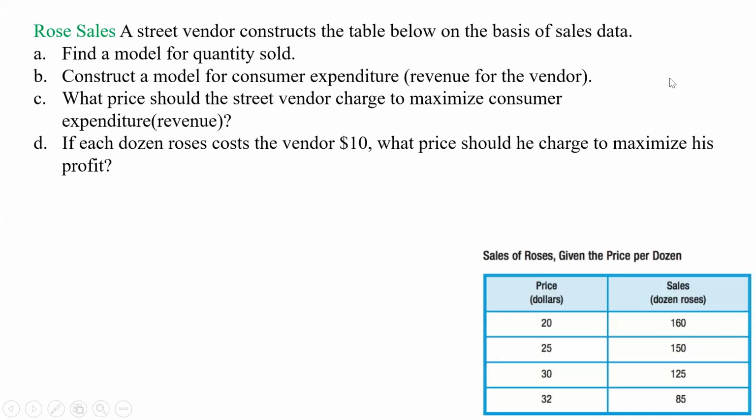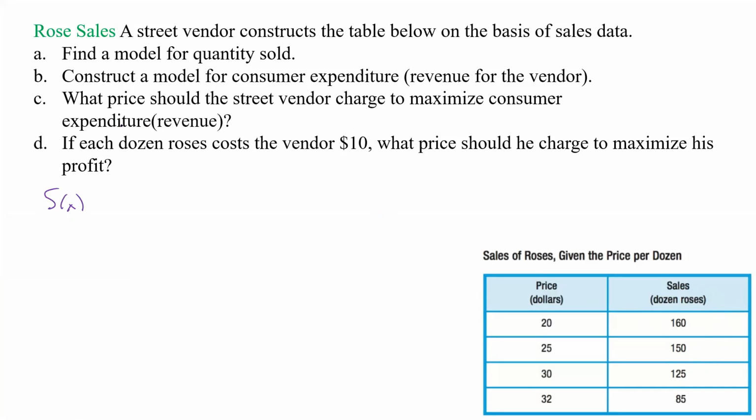All right, so here we're doing row sales. A street vendor constructs a table below on a basis of sales data. So we have this data down here, and we're supposed to find a model for the quantity sold. So we're going to have sales sold based on the price. Okay, so we're going to call it S of X, and that's going to be